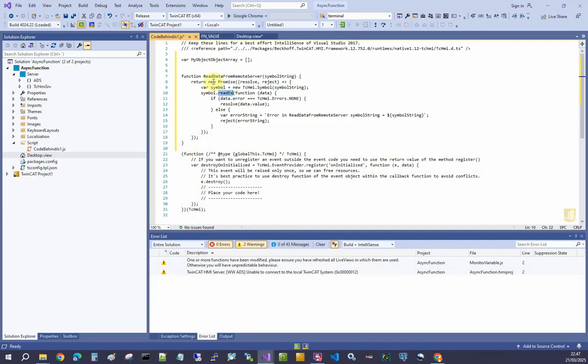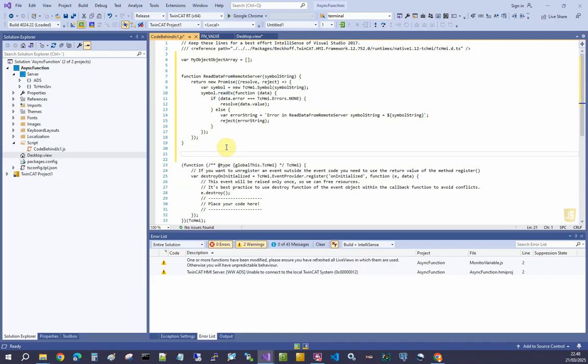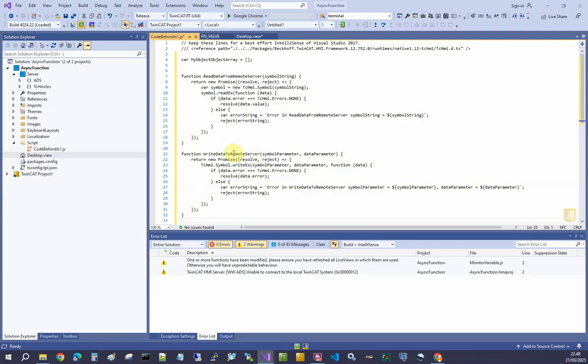So read data from server and write data to server. This is like a pair of functions we normally use. One is for reading, another is for writing, but this write data to remote server, we are not going to use it, but I just put it here. So this is like our code behind file, and then we have another file,